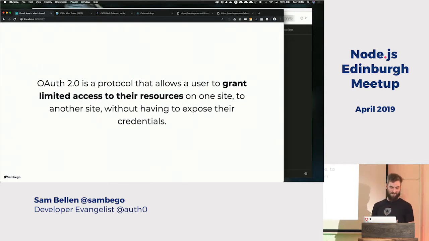OAuth has never been meant to authenticate people. It's all about granting access to certain resources which the user has to give permission to. Like if I'm LinkedIn and I want to send emails to my Gmail contacts, I log into Gmail, I give them access to view my contacts, but LinkedIn cannot do anything else except view my contacts, because when logging in, I got this pop-up window which asks, would you like to give LinkedIn permission to see your contacts? So OAuth is more a framework of giving limited access to your API from one side to another,